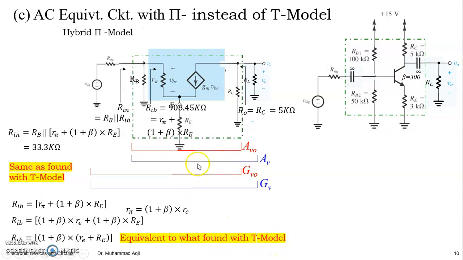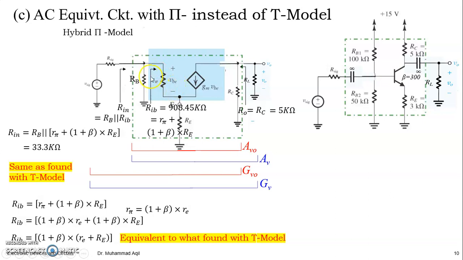So it means these are equivalent because these models are the same, but easy to be used for RE or without RE, right? Pi is better when you don't have an RE. T is better to be used when you have RE,